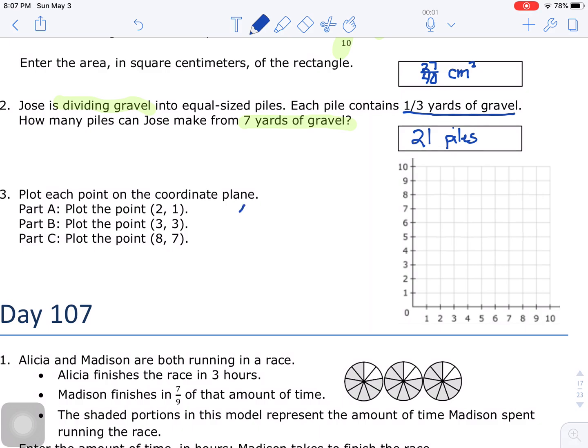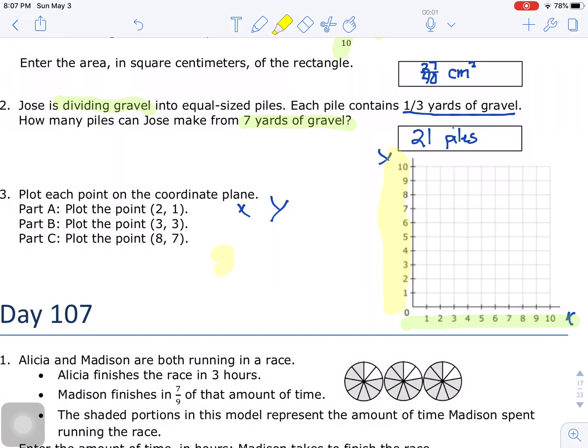So we know that the x coordinate would be found on the x-axis, the numbers that I highlighted in green. And we know that the y-coordinate would be found along the y-axis, and that's what I have highlighted in yellow. Okay? So one way that we can think of these coordinates, for example, the coordinate 2, 1, it is 2,